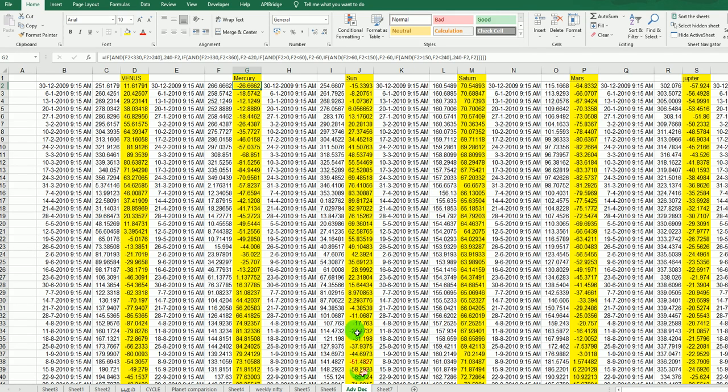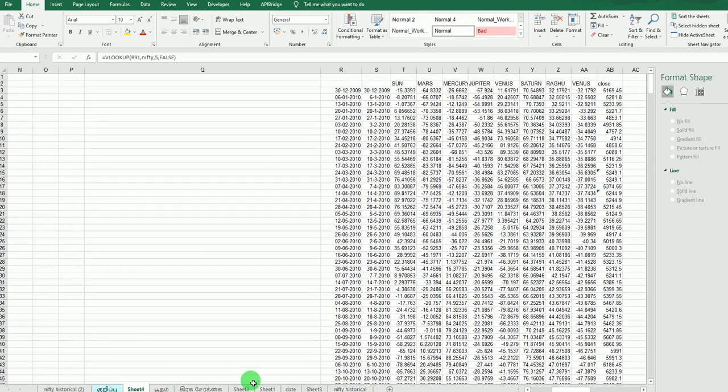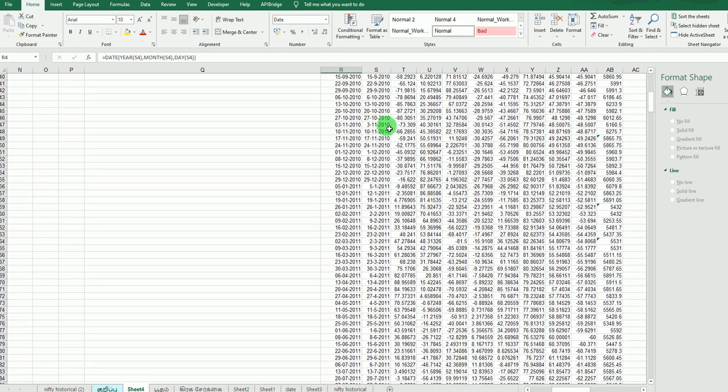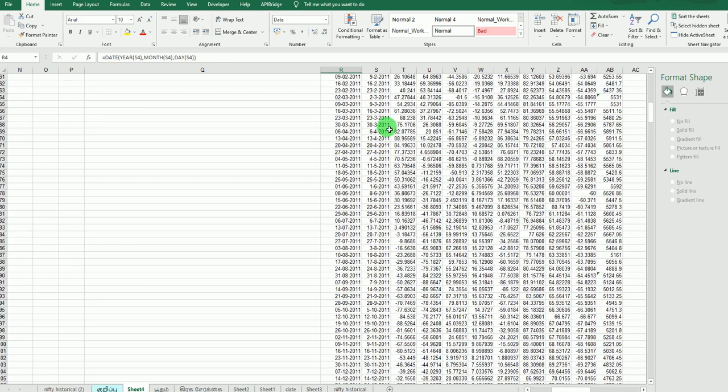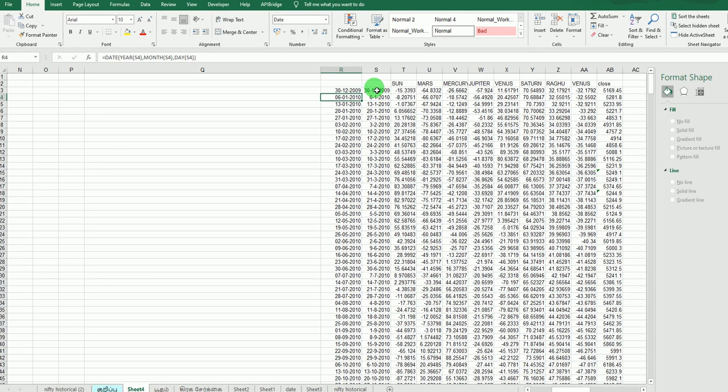Okay, so now let's go to the next part. After getting the data, I kept all the data only after conversion. Here I also added Nifty close values from 2009, 2010 onwards. I prepared this, so you can look at all the historical data I kept here. Around 10 to 11 years are there. Sun, Mars, Mercury, Jupiter conversion degrees for each day I kept here to prepare the chart.